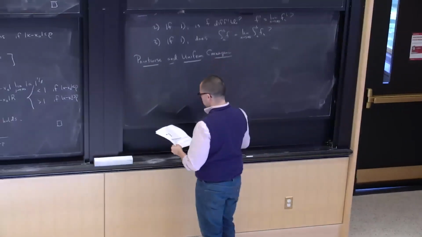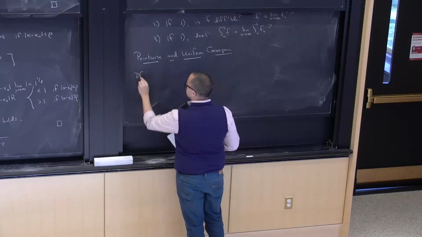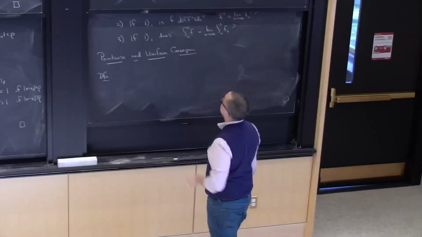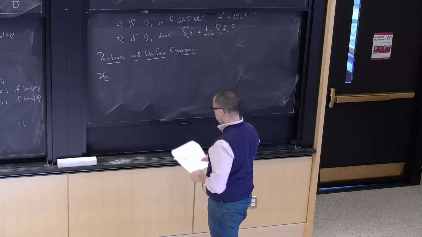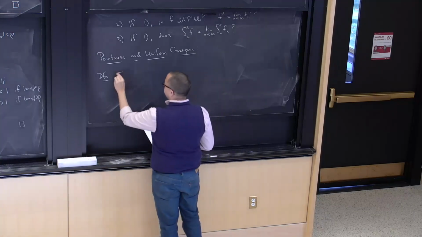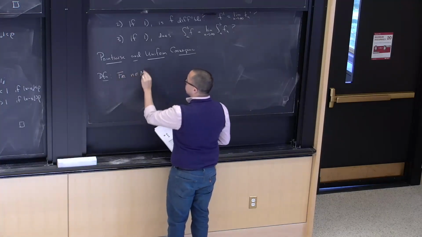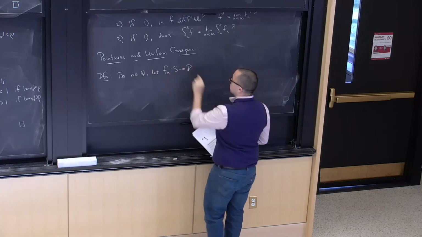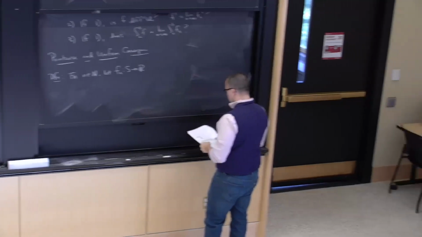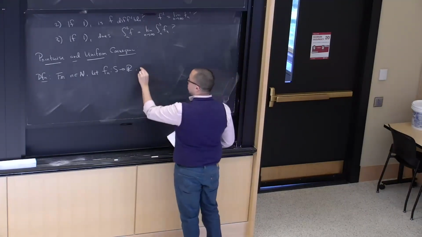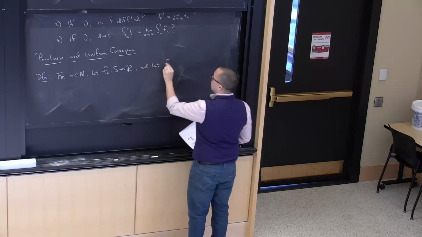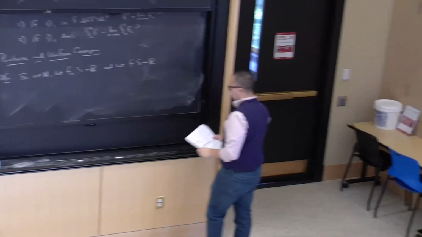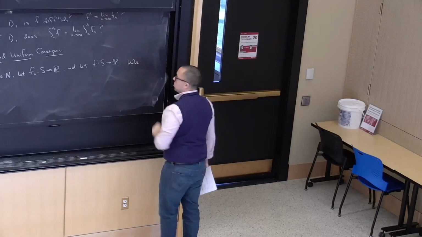So, first definition, this is, in fact, what we were talking about before. For n a natural number, let fn be a function from S to R, where S is some non-empty subset of the real numbers, and let f be from S to R. We say